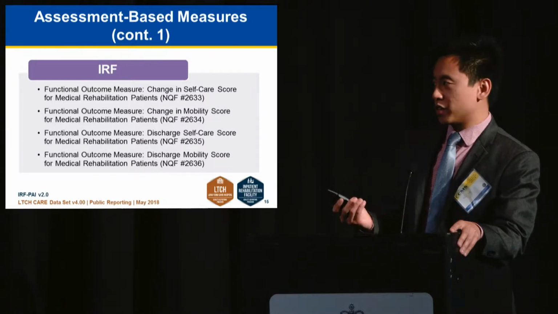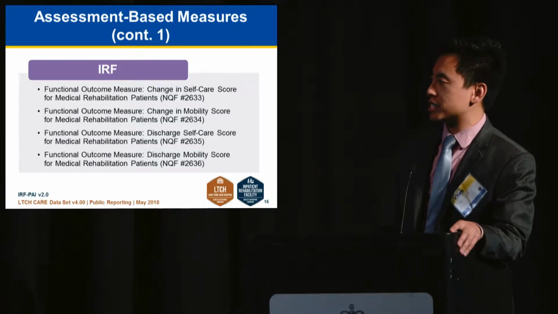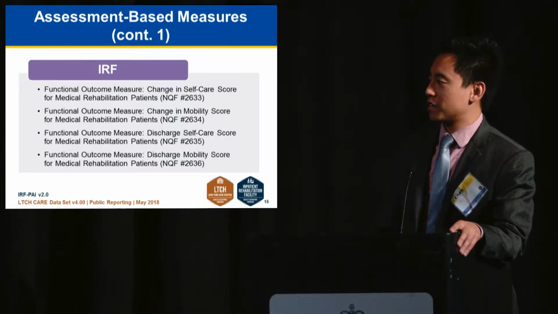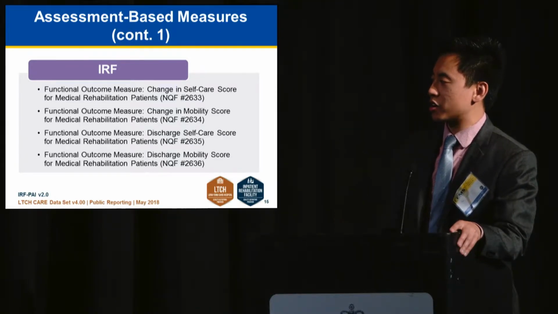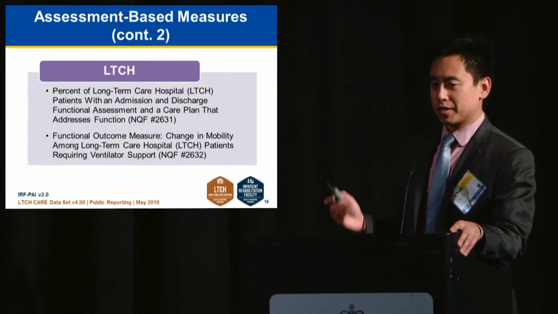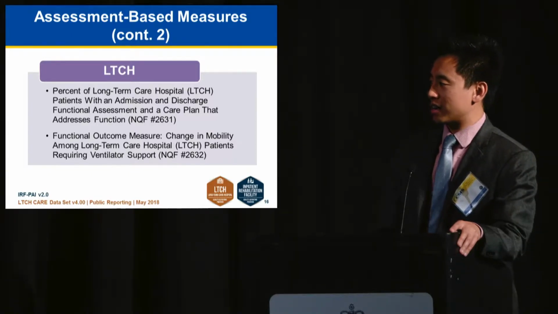Measures that are specific to the IRF-QRP are your functional outcome measures. The first is the change in self-care score for medical rehab patients, then the change in mobility score, the discharge self-care score measure, and then the discharge mobility score. Those specific to the LTAC QRP are the percent of long-term care hospital patients with admission and discharge functional assessment and a care plan that addresses function, and the functional outcome measure, the change in mobility among LTAC patients